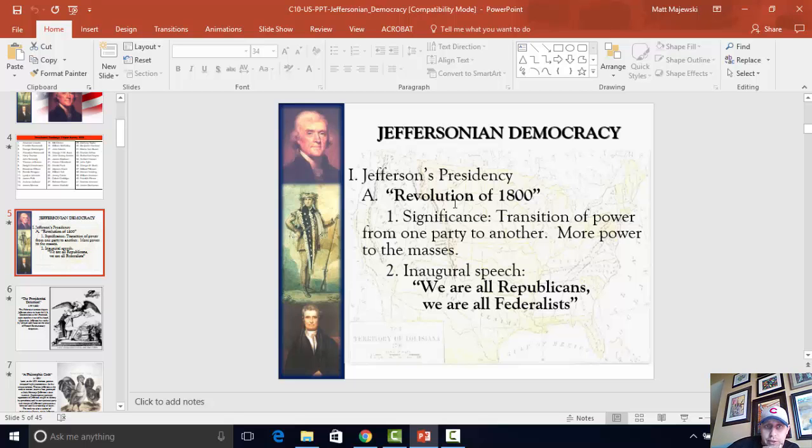Anyways, he knows when he takes over, this is a divided nation. Hey, this campaign of 1800 was divisive, all right? There was a lot of negative talk. There was a lot of that sort of stuff going on. And so he gives a very famous speech to kind of calm down people's concerns, their fears. It's during his inauguration. And the famous line from it is, hey, we're all Republicans, we are all Federalists. What he's trying to say there is, we're all Americans here.